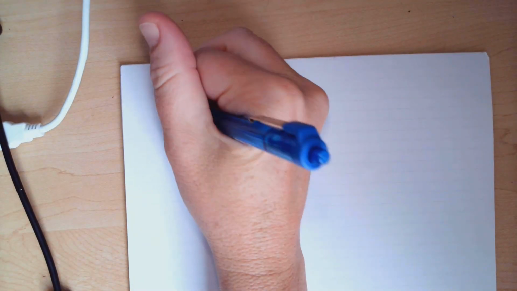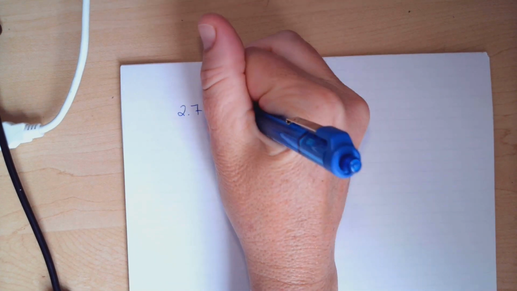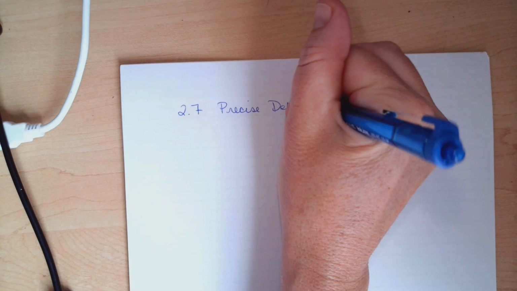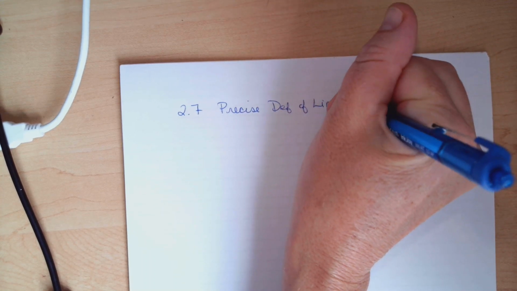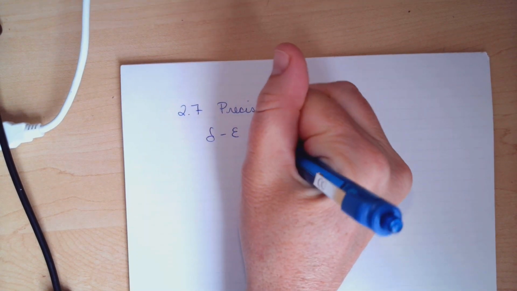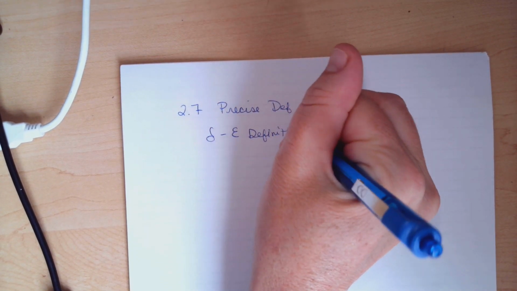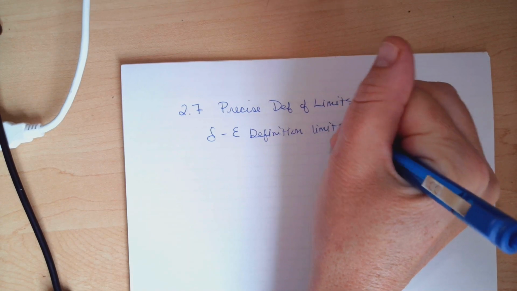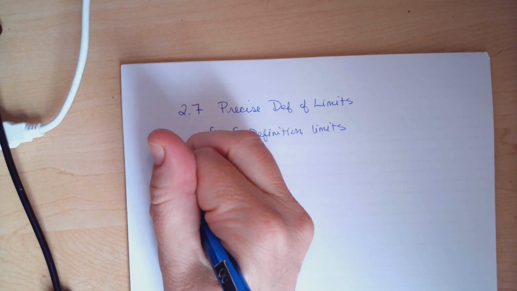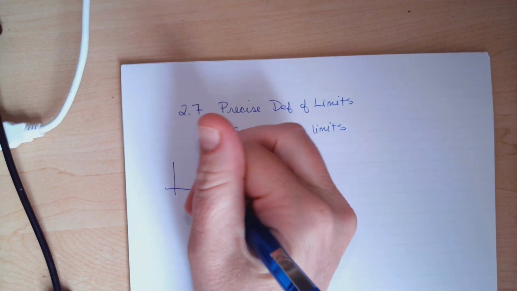Hi mathematicians, let's do some delta epsilon proofs of a limit existing. Okay, so we are in section 2.7. I think it's precise definitions of limits, but we're really talking about the delta epsilon definition of limits. Right? And so previously we had talked about that a limit exists if the left and right hand